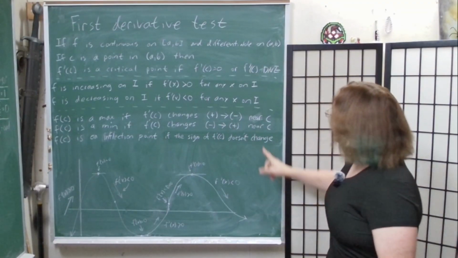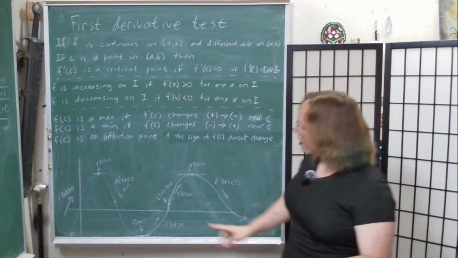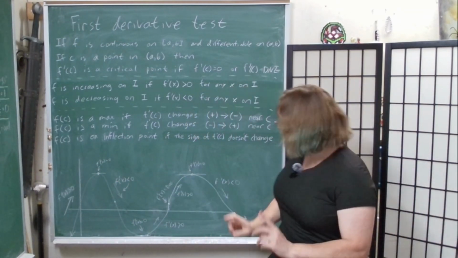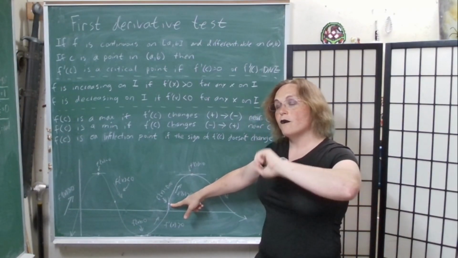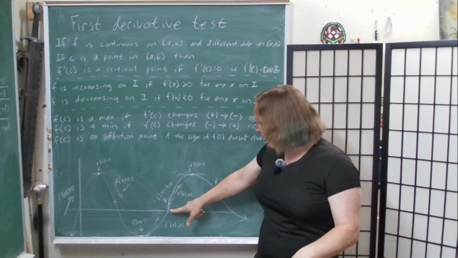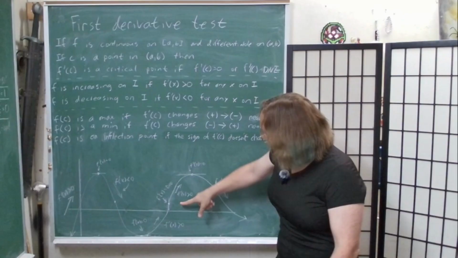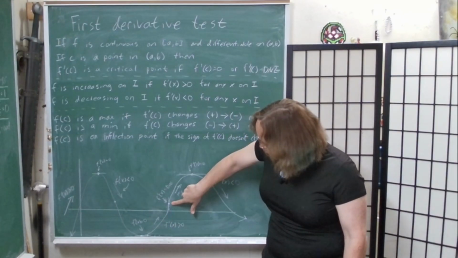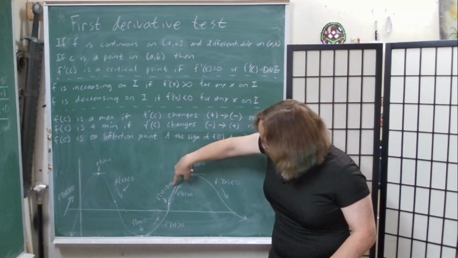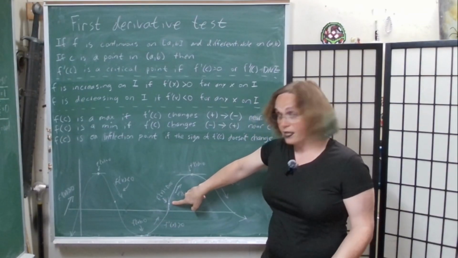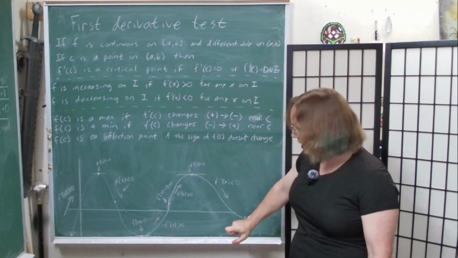Now, you'll notice that we say near C and not at C, and that's because we're not talking about at that point specifically, because we can have the situation where the derivative does not exist. So we care about right before and right after the point, because that's what's going on here. So in the case of this one, we are increasing. It doesn't exist because we have a vertical tangent at this point. And then we're increasing again, so we know that this would be an inflection point, right? And then, of course, here we go increasing to decreasing, so this is a maximum,